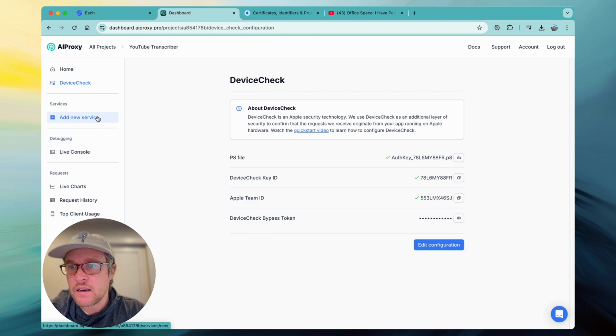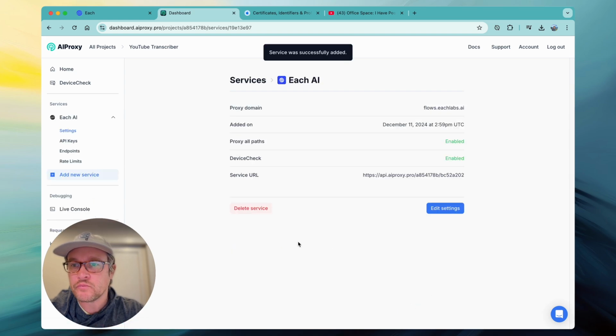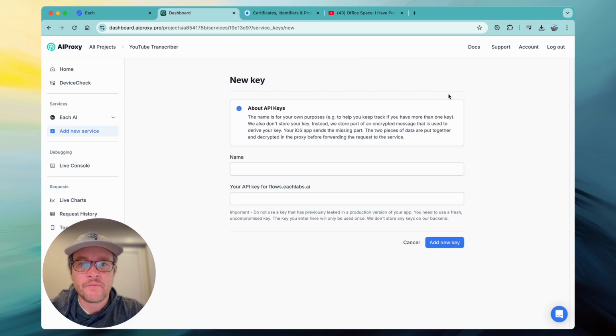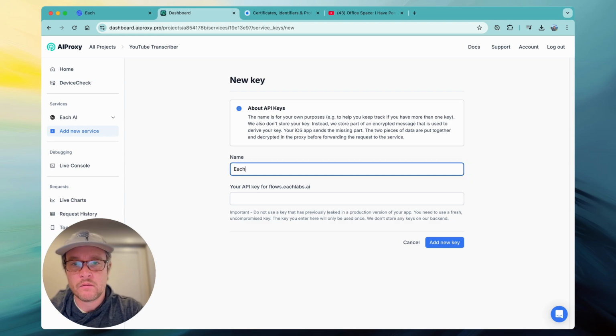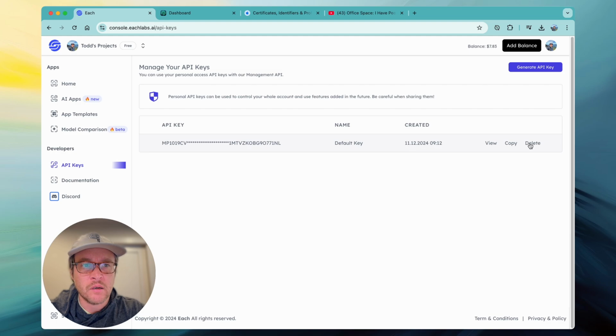So now we're going to add Each AI as a service. So click on the Add New Service button. Click Each AI, Add New Service, and we need to add our Each AI API key now. So click on API keys, create key, and say Each AI key. And we're going to get this key from the Each AI dashboard. So there's a page on the left here, API keys. Copy that key,